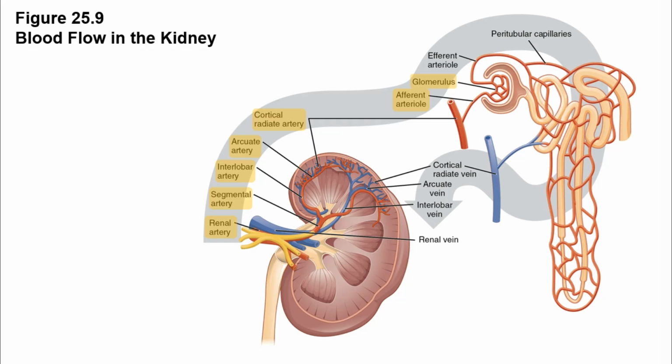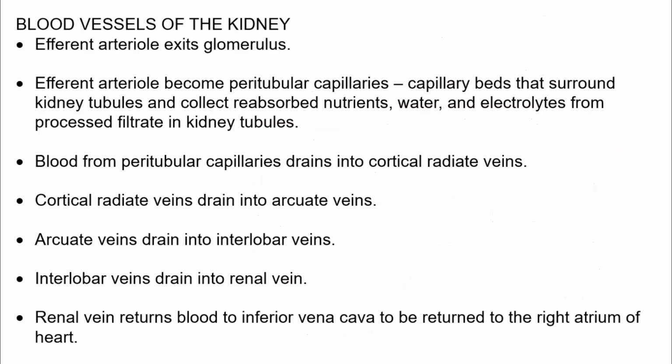Figure 25.9 examines the branching of the renal artery into the segmental arteries, which then becomes the interlobar arteries. The interlobar arteries become the arcuate arteries as they pass over the renal pyramids. The cortical radiate arteries extend superficially from the arcuate arteries and give rise to many afferent arterioles that serve the glomeruli. After delivering blood to the glomerulus to be filtered, blood, fluids, and cells exit the glomerulus through the microscopic